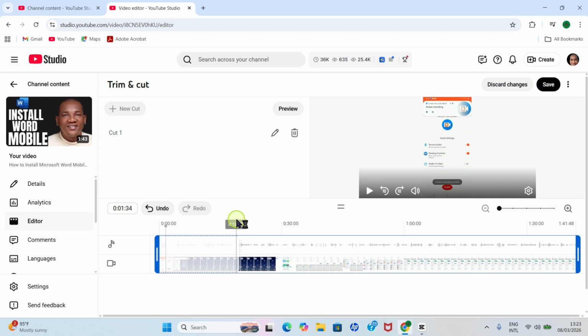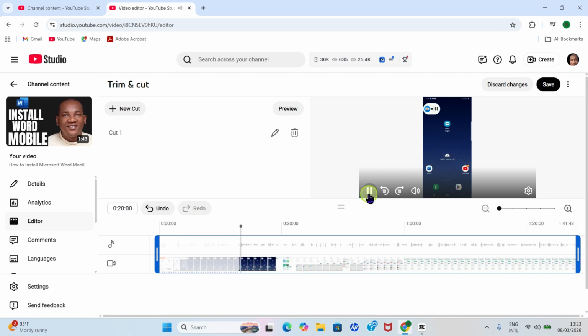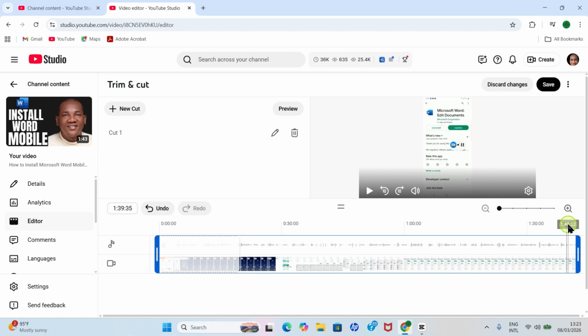So after that, you can play, all right, to make sure that you get it correctly. So I'll click so that my playhead will be here and play it. And that got what I wanted in this case. So maybe there is something that is not correct from this end as well. Click there until you get where you want to cut off and follow the same way to cut. But here I don't want to cut anything off from this end. Everything is correct. So on the assumption that we just want to cut off this place, the next step is